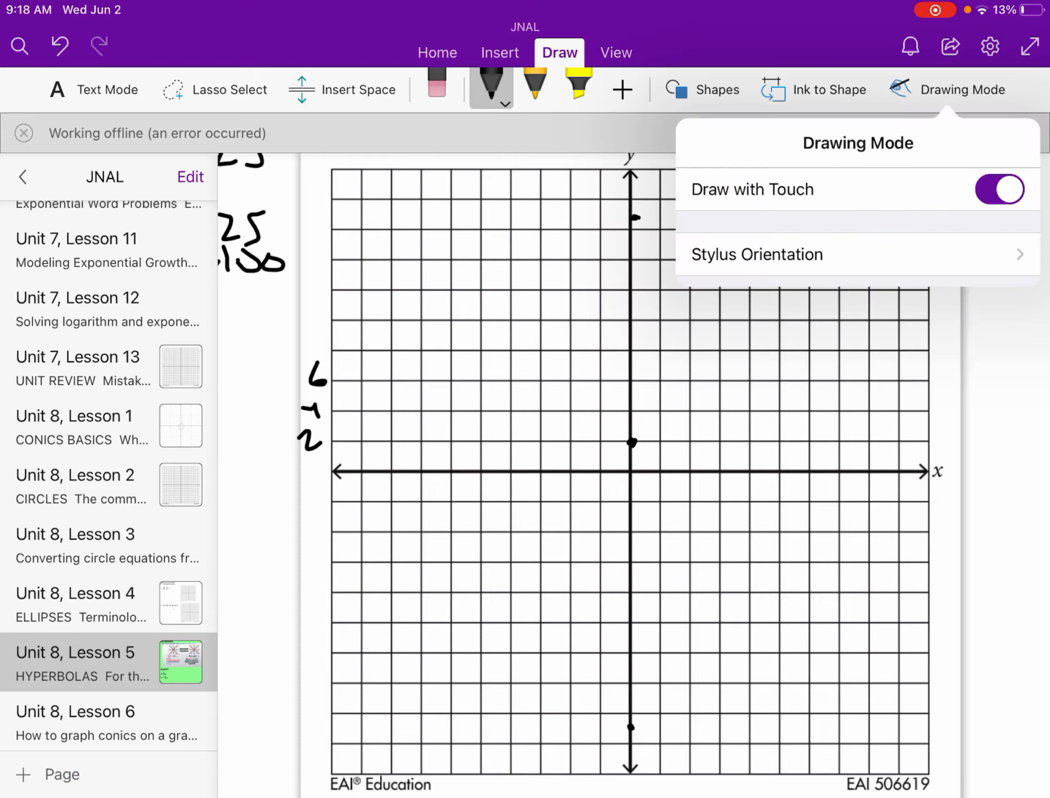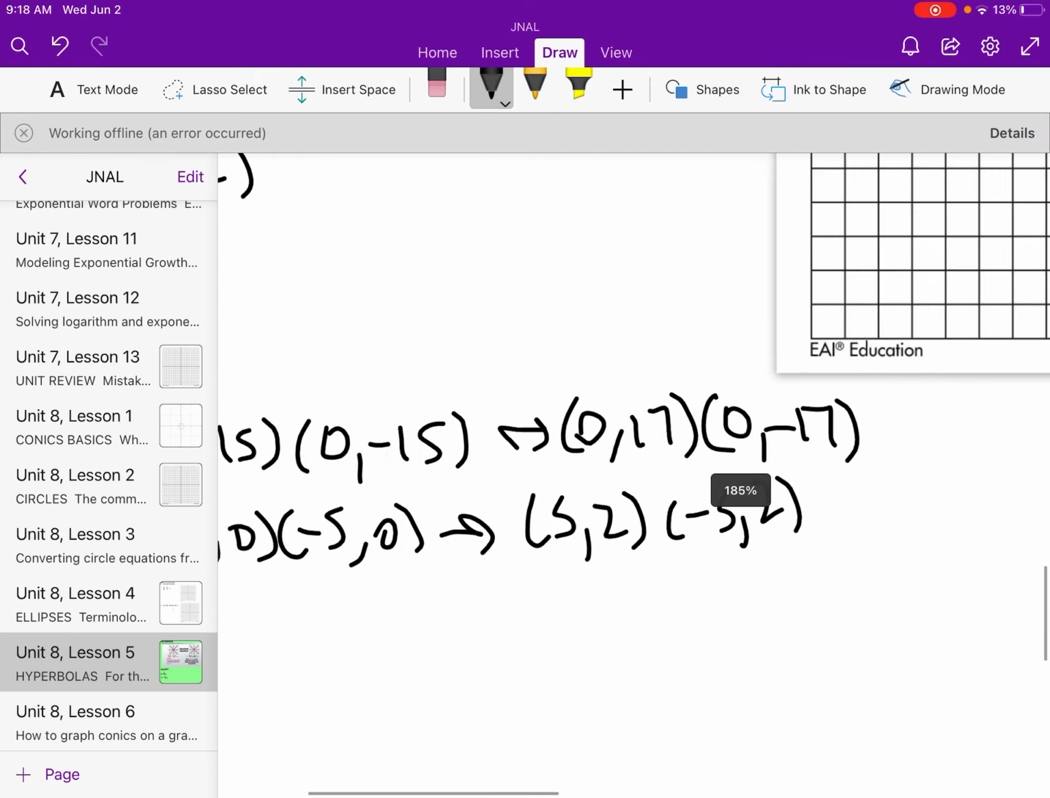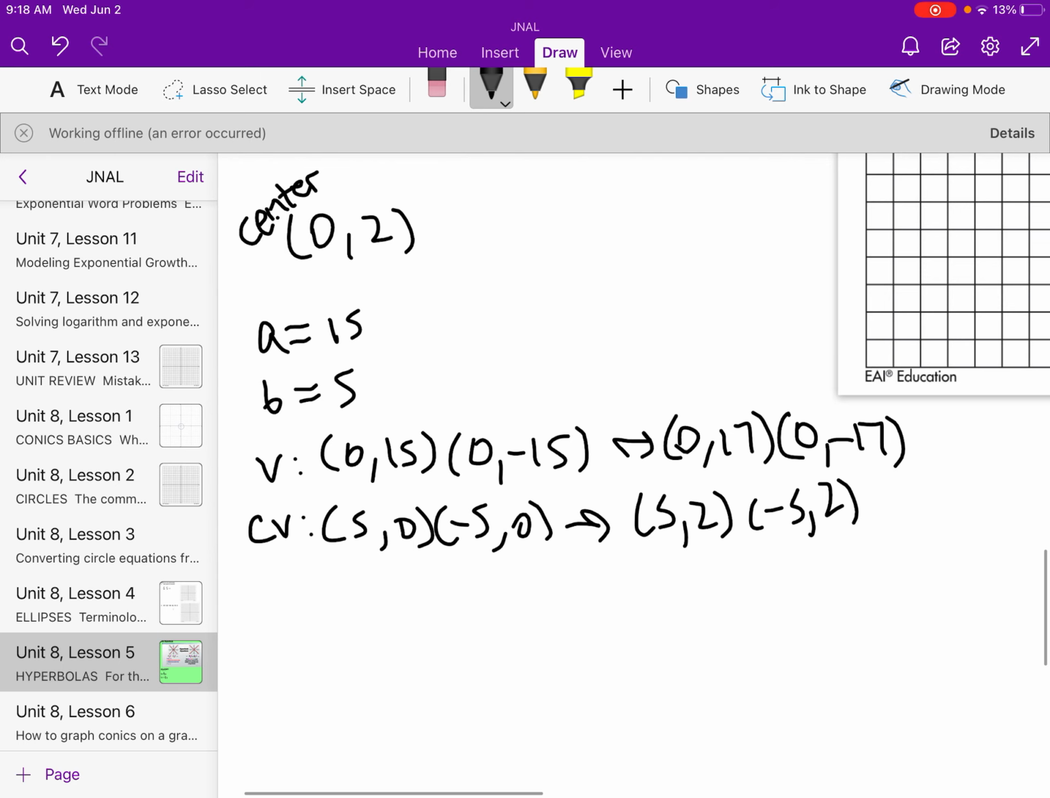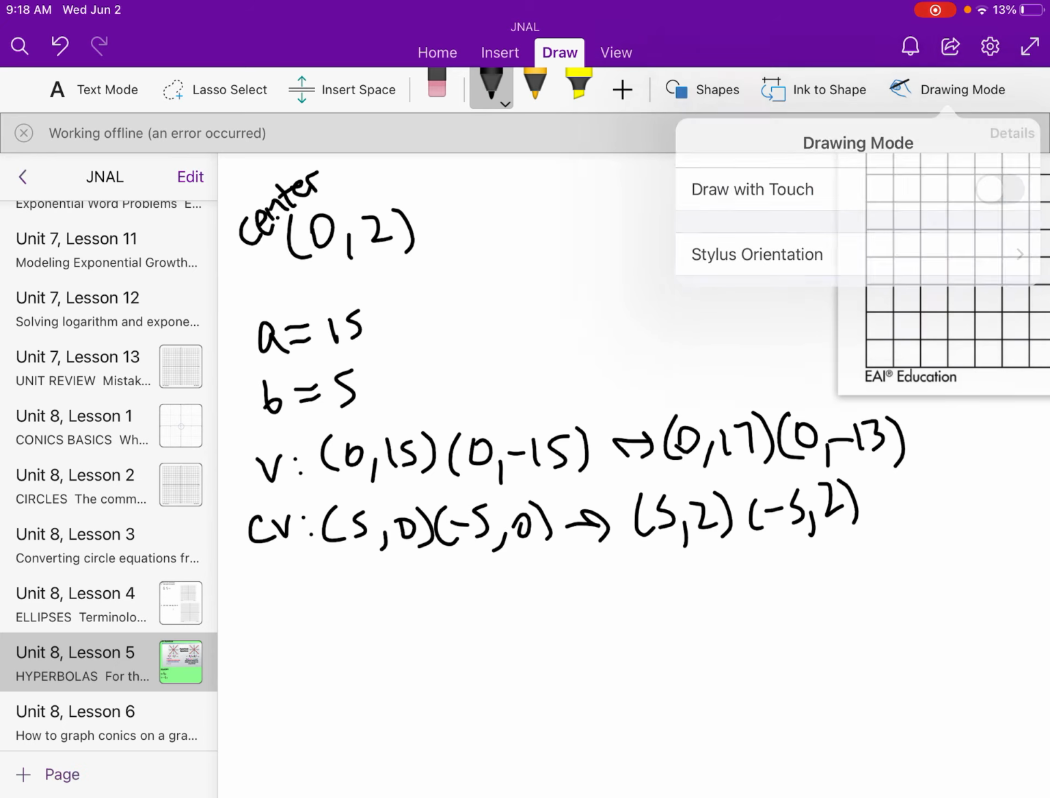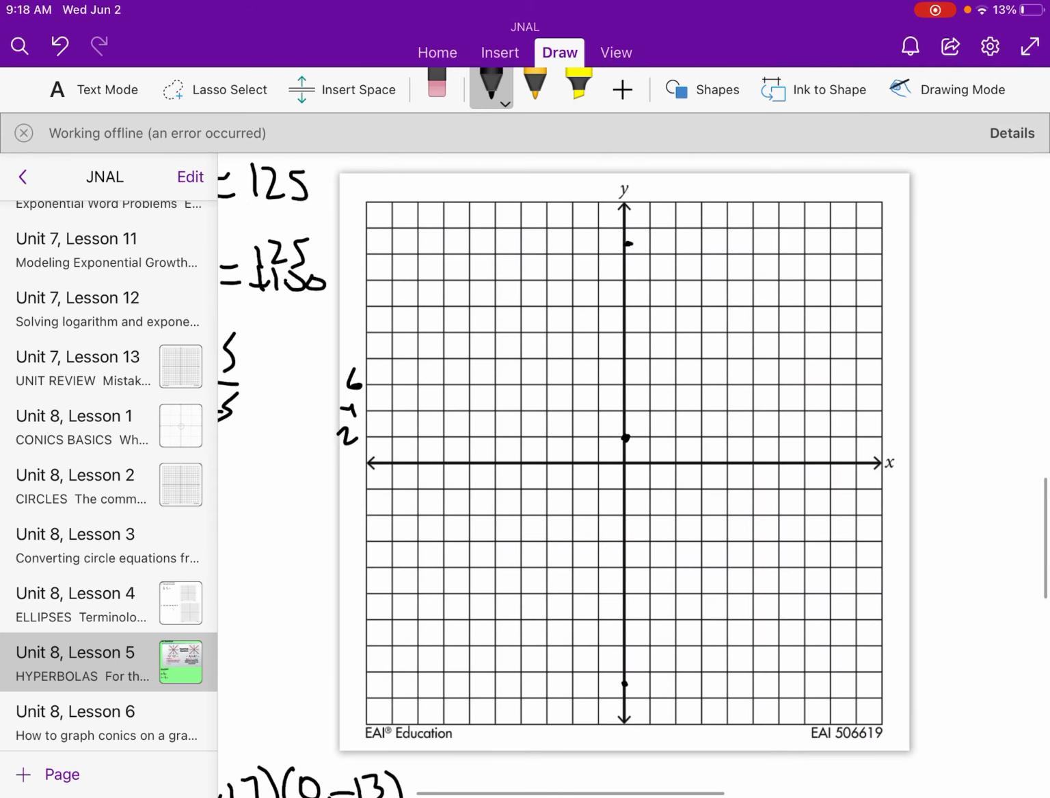Wait a second, I did something wrong. Yeah, I know that's not right. If you add 2 to negative 15, that's negative 13. Sorry about that. So let's fix that. Negative 13. Okay, that would be 17, 15, 13. That's better. Now we had a negative 5, 2, 4, 5. So we know this is going to be a vertical hyperbola